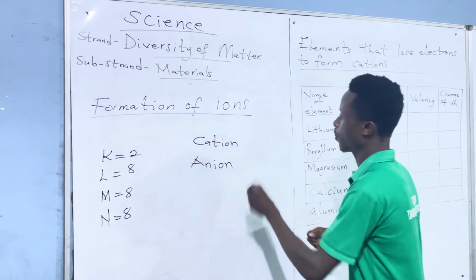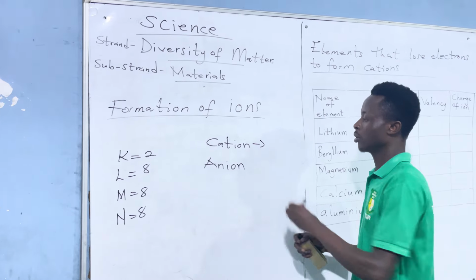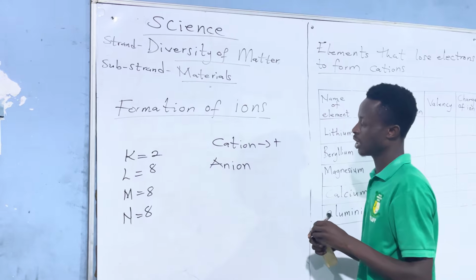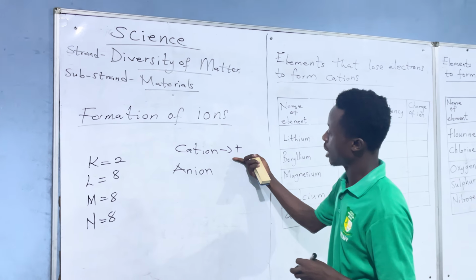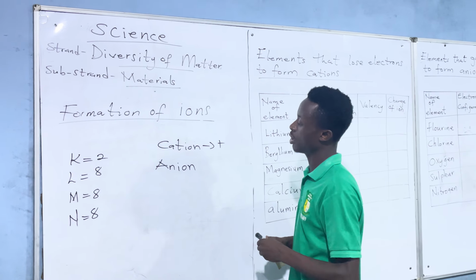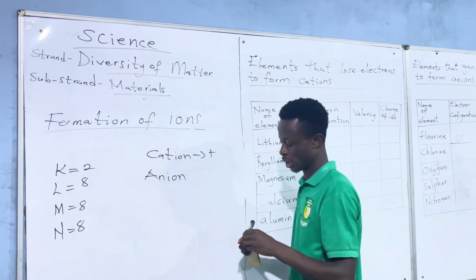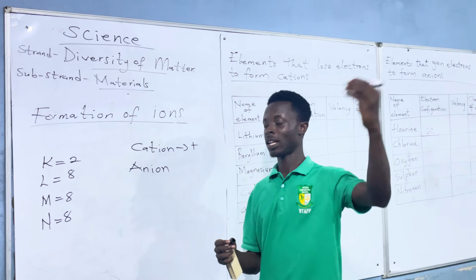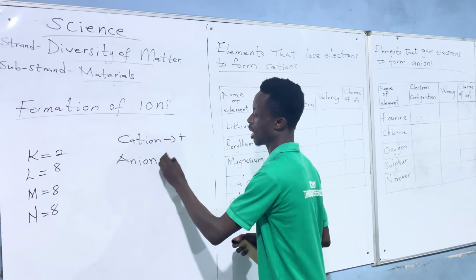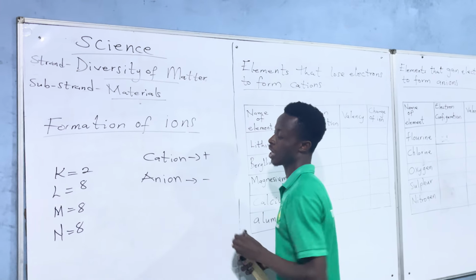So a cation is a positively charged ion. A cation is an ion that carries a positive charge. Why? Because the number of protons is higher than the number of electrons. And then an anion is an ion that carries a